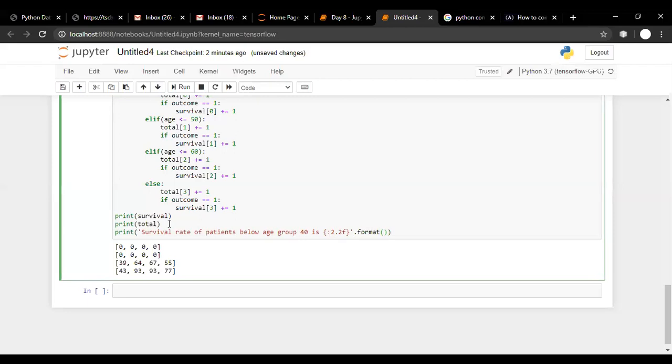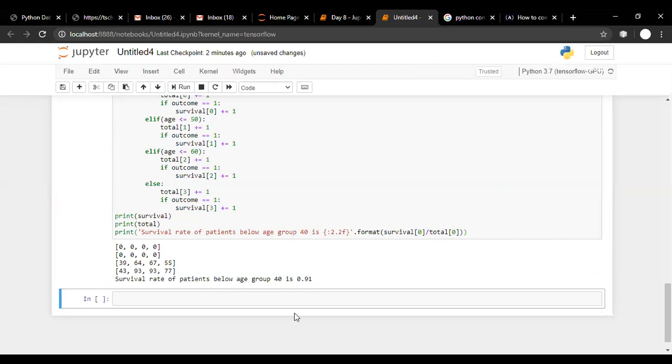So what does survival rate mean? How many patients survived? That is survival array of 0 divided by the total number of patients in that group. So survival of 0 indicates how many patients survived in the age group less than 40, and how many total patients were there. If I run this, the survival rate is 0.91, but I want it in a percentage, so I can multiply it by 100.